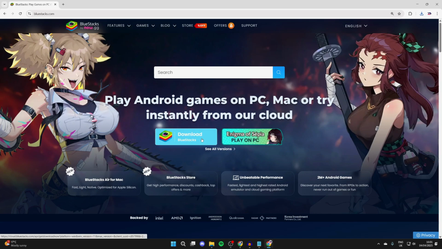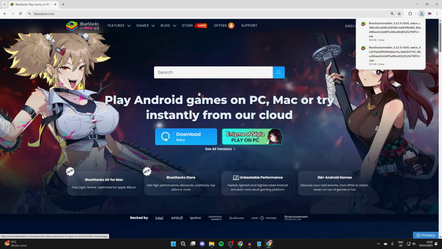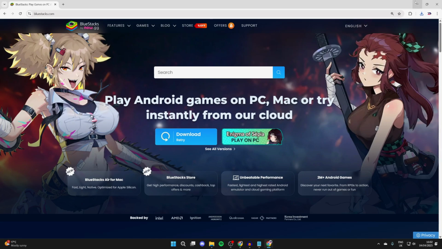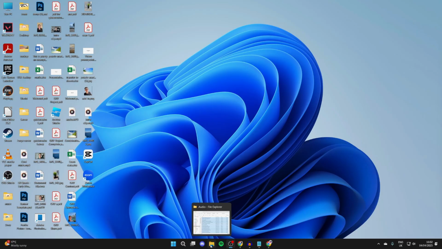And what we can do is go and press download BlueStacks. BlueStacks is an Android emulator, so this means you're going to have an Android device on your computer essentially, and we can use that to then have the Google Play Store. Go and open up File Explorer and go